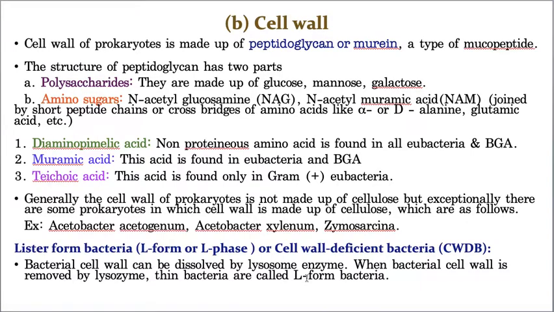With this, I completed the second part of the cell envelope. What is the third part of the cell envelope? Plasma membrane. Hope you remember. Now I am going to explain about the plasma membrane, but remember, after just 5 minutes as I told, I will explain gram positive and gram negative. Once I finish gram positive and gram negative, we will go to the third part of the cell envelope, that is the plasma membrane. First we will discuss gram positive and gram negative bacteria.